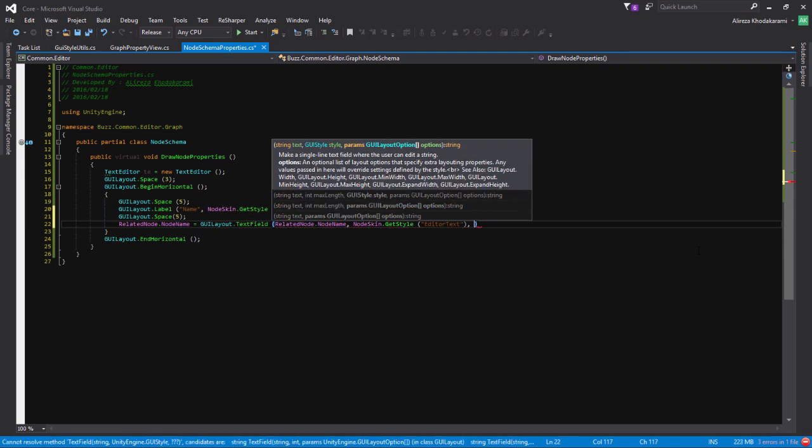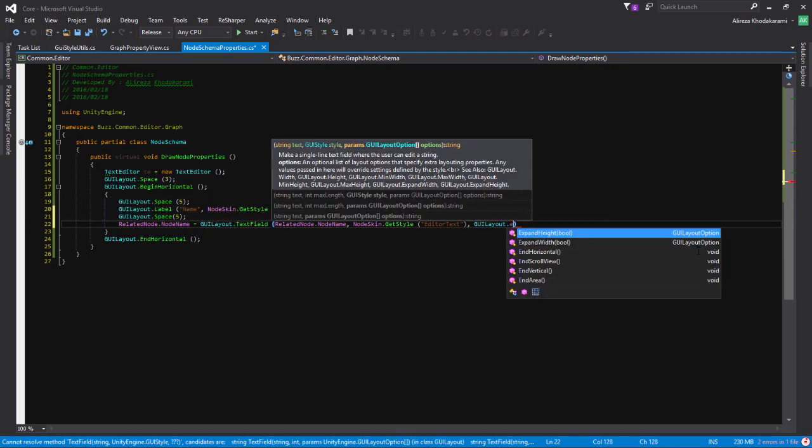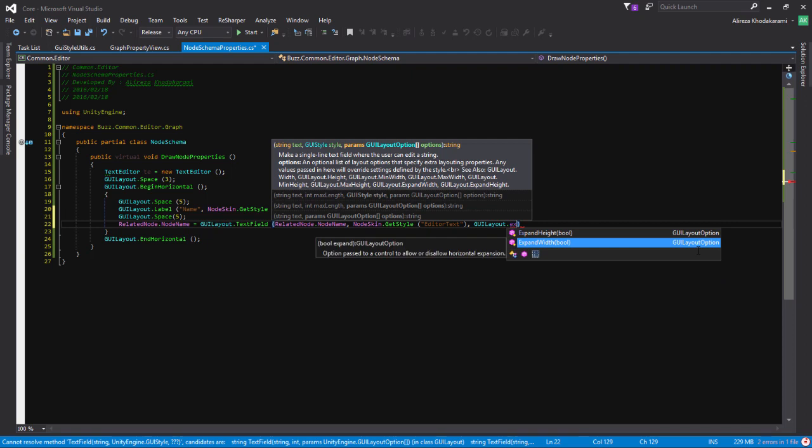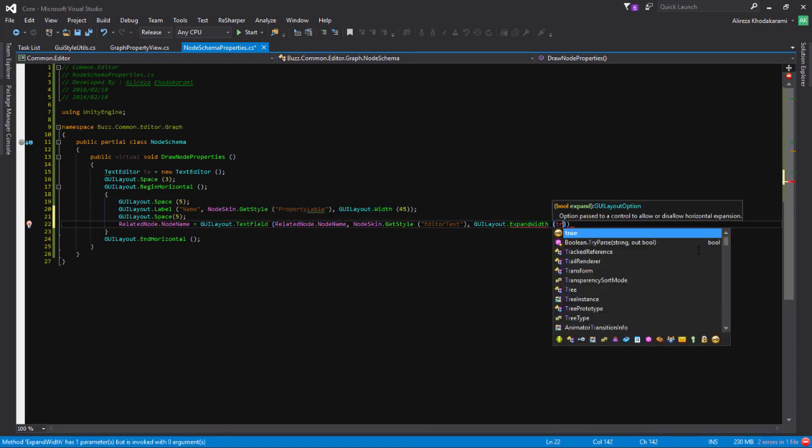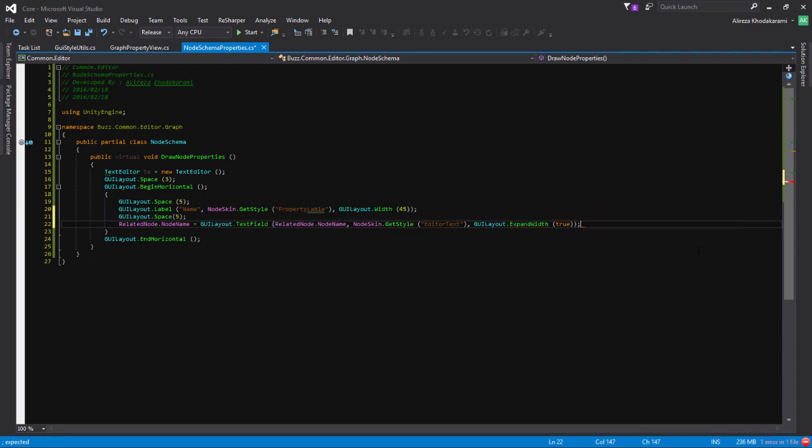And finally, we want GUI layout that expand width to be true. Okay. Now the editor text